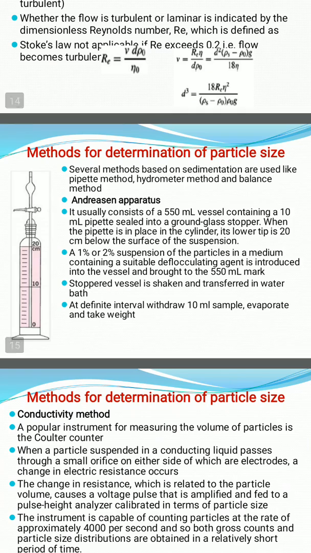Now the Reynolds number equation is given here. The Reynolds number equation and the Stokes law equation are compared, and finally we get the modified equation that is shown in the slide: d cube is equal to,